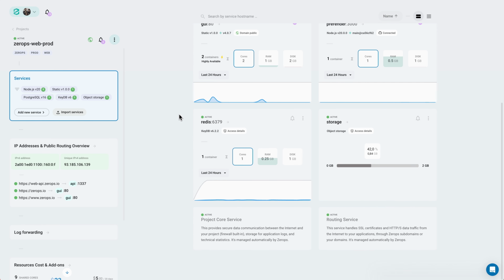Included with each project is the project core, which consists of 3 parts essential for secure access, monitoring, and observability. First is the L3 balancer with a firewall and unique IP addresses assigned to it, serving as the main entry point to the project from the internet. Second is the logger container for centralized log access and forwarding, and last, a statistics container for aggregating metrics from all the user services.